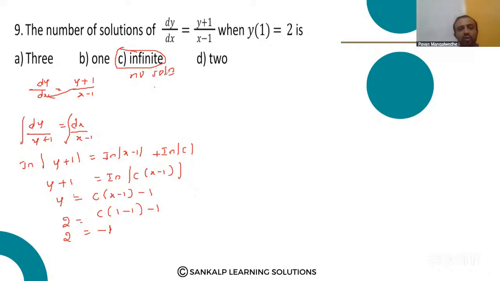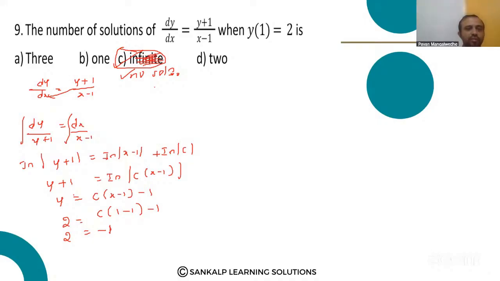Students, just try to type this as no solution. Write it down. This has no solution and option C is the correct answer. Instead of infinite solution, you can write no solution, because when it gives a contradiction, it has no solution. So no solution in the sense that the given options are not valid. By mistake it is given as infinite. Just change it to no solution. Next,